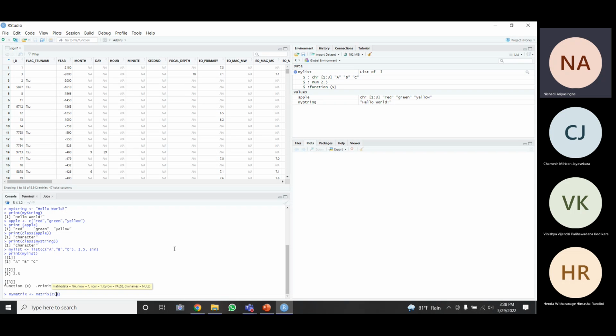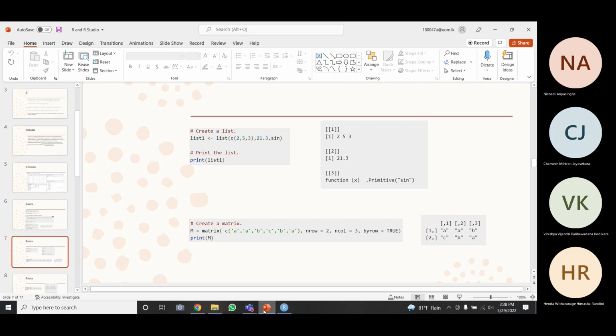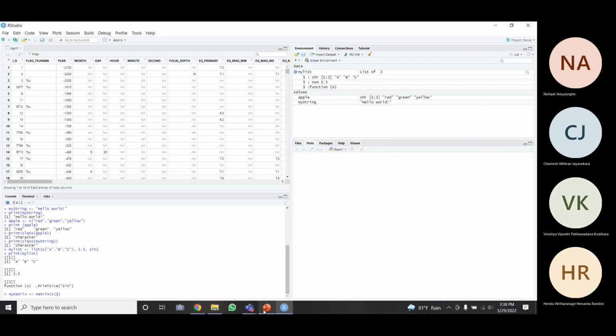So I'm typing A. These are the values, right?